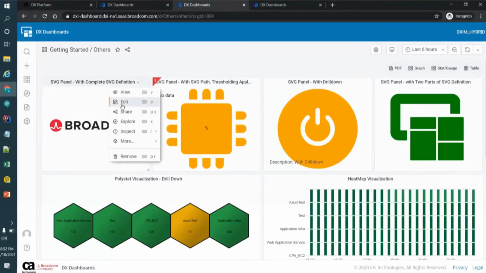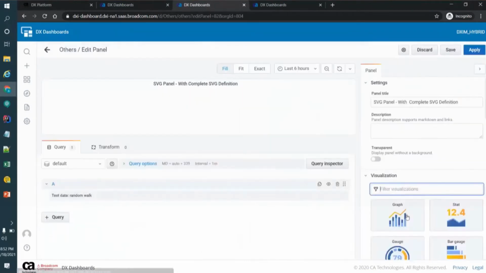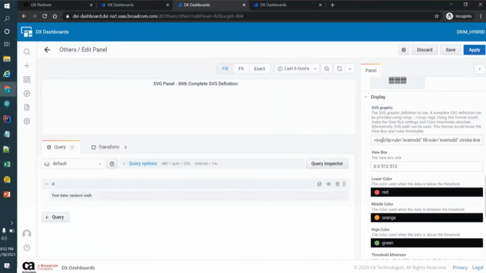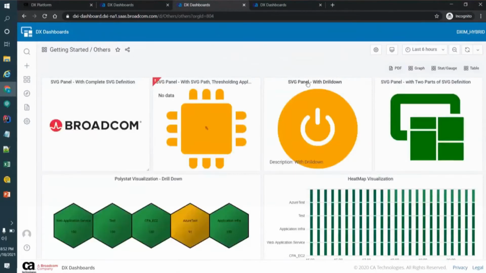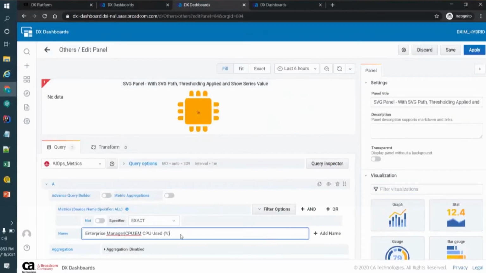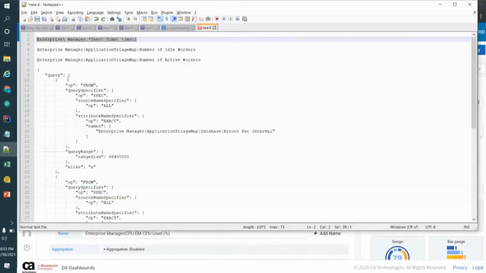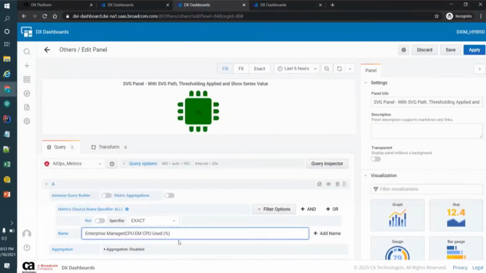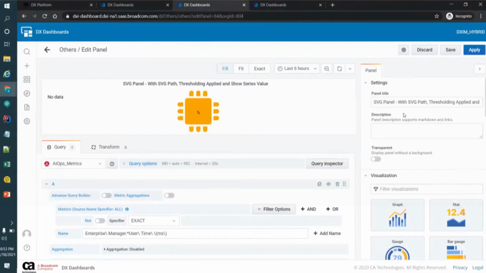Let us open and see this. See, I have just given the SVG definition. Directly go get the SVG definition, paste it here, and you'll be able to see this logo. Nothing else needs to be done. Now, suppose I have this. Let us take the same user time in milliseconds.